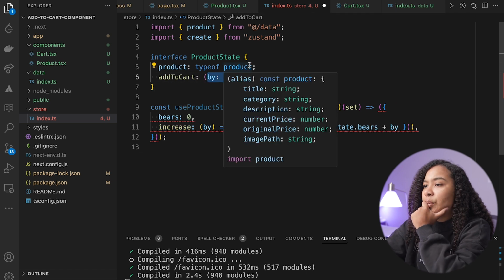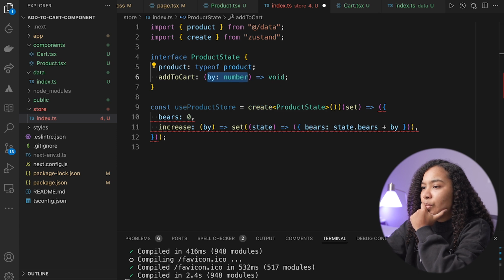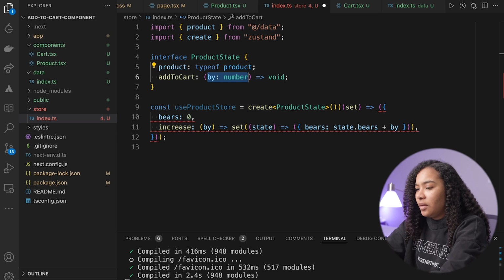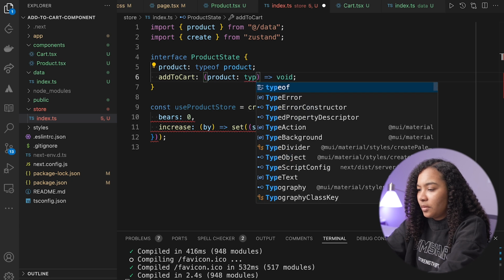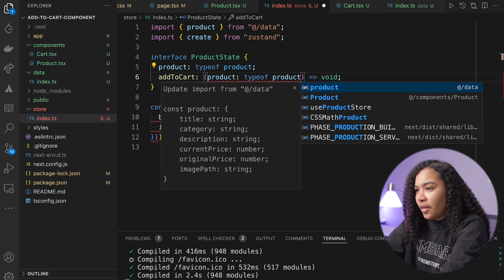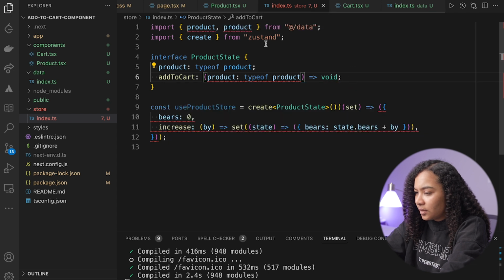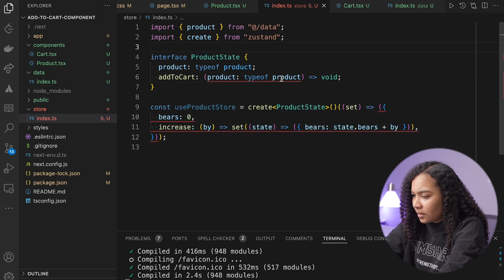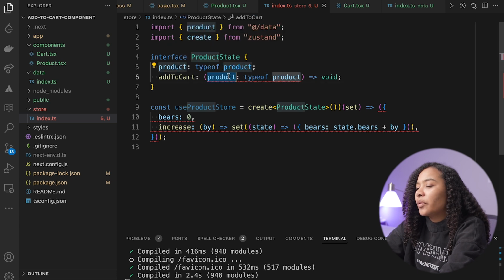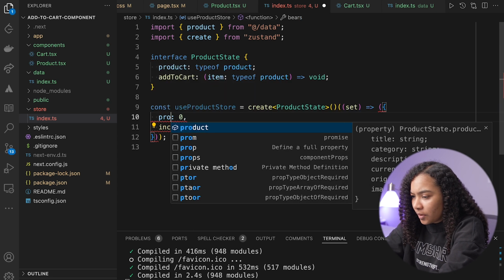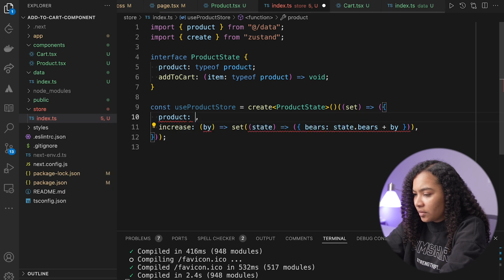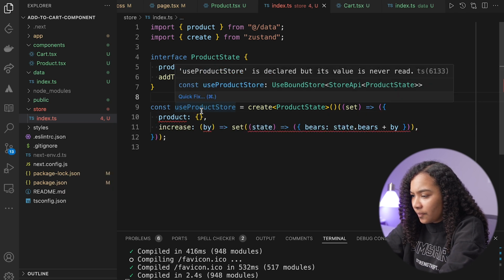And for the add to cart, we're going to take the product, which is type of product, and then we're going to add it to, why did I import it twice? Oh, it might not like that. Ah, okay. Yeah, we're going to say item, which is type of product, and then product initially is nothing,